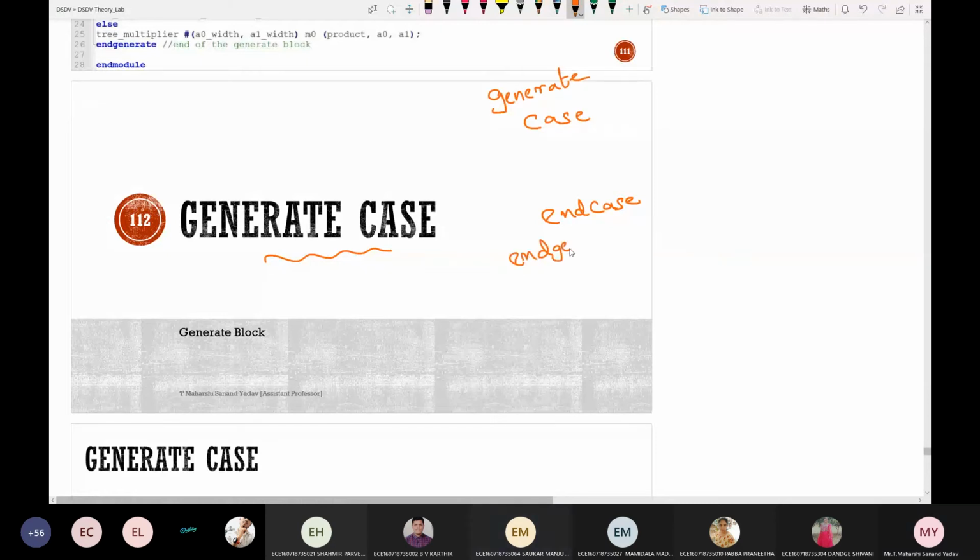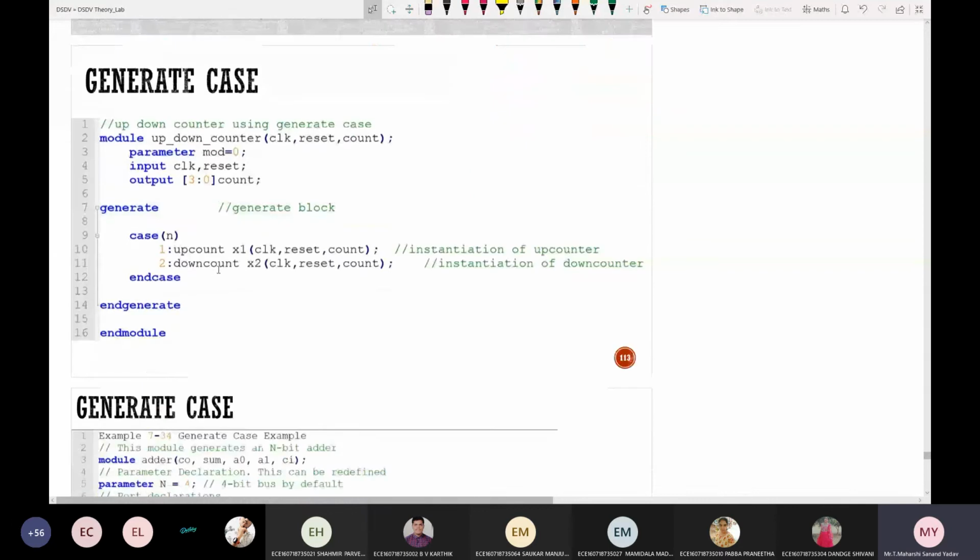That's it. Only this is a change. So using case statements within this particular generate block is treated as generate case. So take some random examples. Here again I've taken the concept of up counter and down counter only. All these lines are the same. Here generate and end generate. So I'm trying to use case statements within this particular generate block. So it is called generate case.